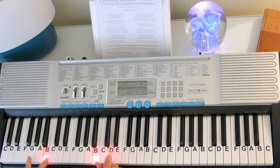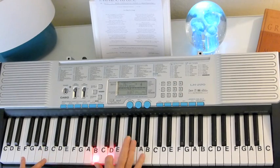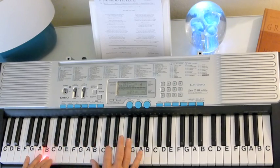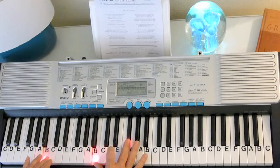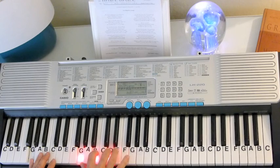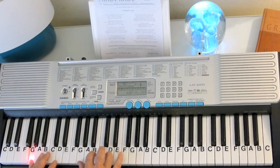Now I'm just going to play two notes there. I'm going to play the B and the D because it's going to go to the F sharp right there. A B minor is B, D, F sharp. B and D, D, F sharp, D, D, G, G chord, E, and I'm going to add a 6 to it. G chord, E,